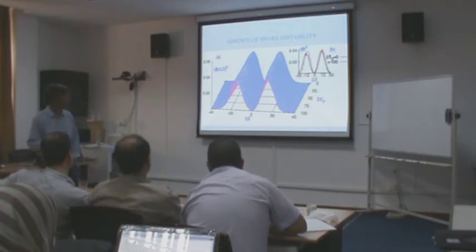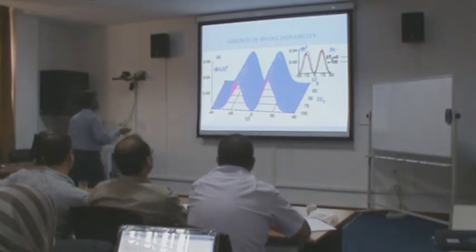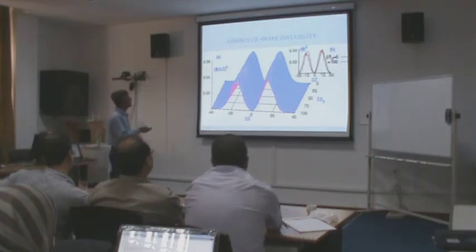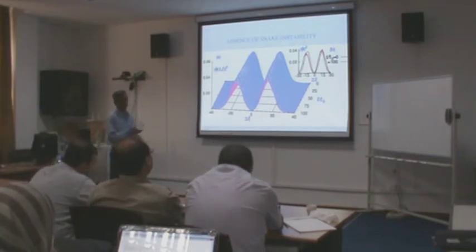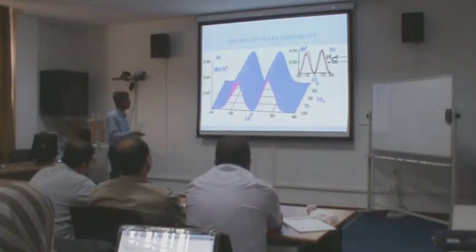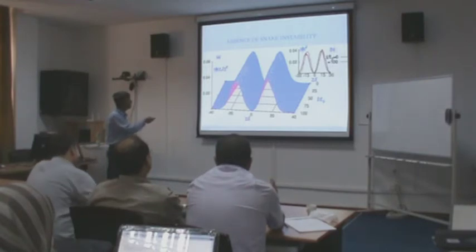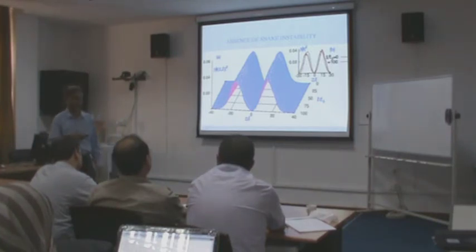To see this, what did I do? I changed the middle of the soliton. This is the one-dimensional density plot. The red is the correct density. The correct density plot will be symmetric on both sides and 0 in the middle. I changed the middle of this: instead of 0, I put it at -2. I forcefully changed the middle to start the oscillation. But I find that because of the stability of the system, it immediately comes back to 0. It does not oscillate, and this is the time propagation. The density plot is very stable. There is no snake instability here.